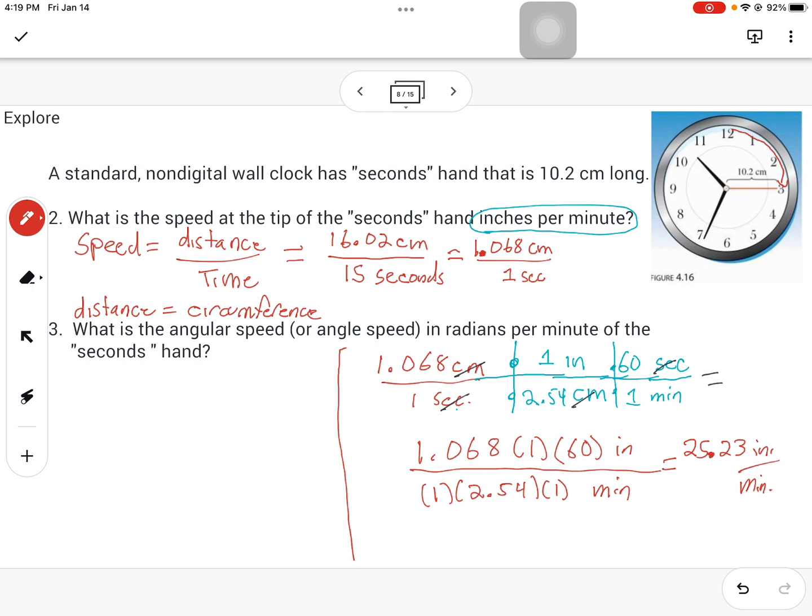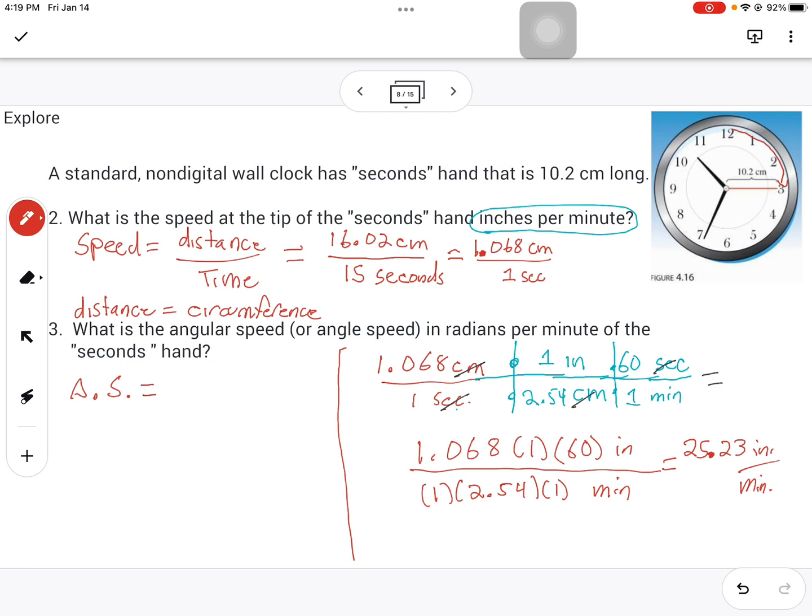So again, just like the distance, I have to do the same thing. I have to relate not a distance this time, but an angle to a time. Now I do have an angle. I have a lot of angles. I can say all the way around. Okay, so I can say my angular speed, so over here, I'm going to go angular speed, I'm just going to go AS